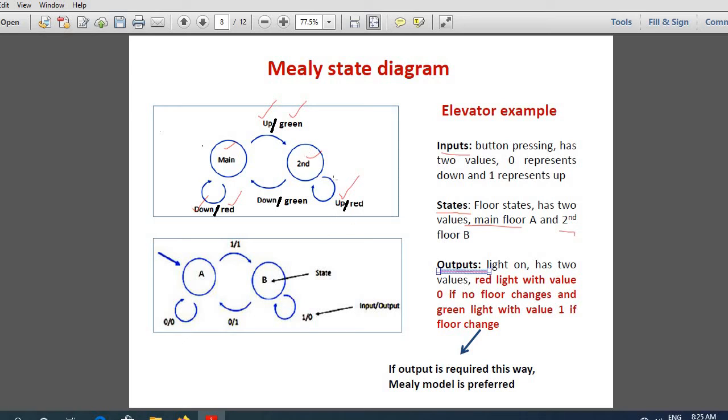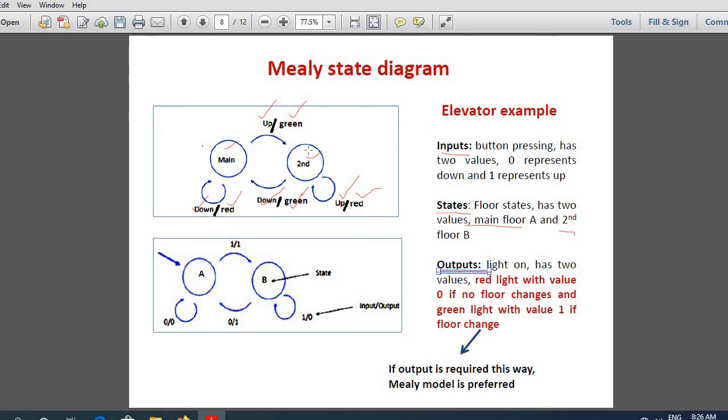So it will remain on the second floor itself and my light will be red because there is no state change. Now, if my floor is the second floor and I press down, it goes to the ground floor and the light will be green because there is a state change. This is how you represent this elevator example as a Mealy state diagram.